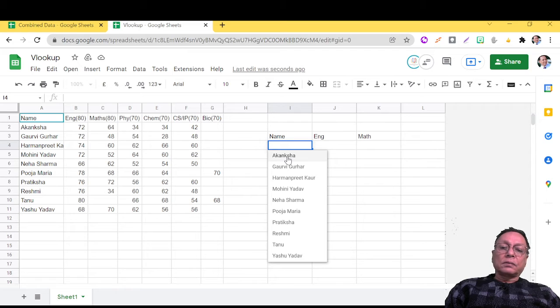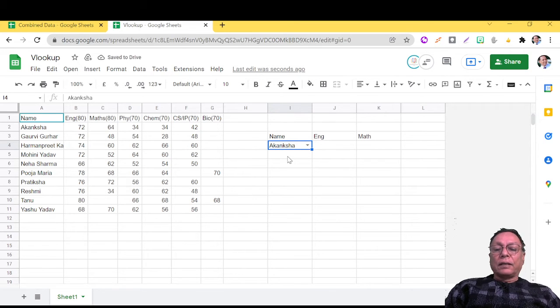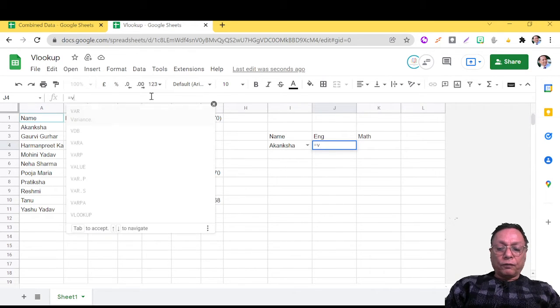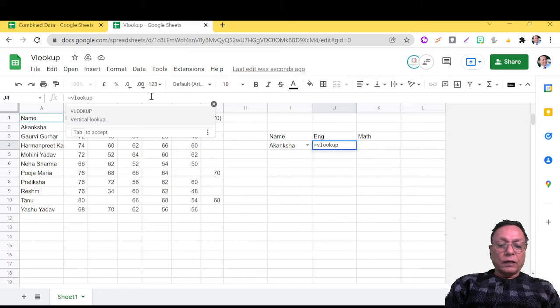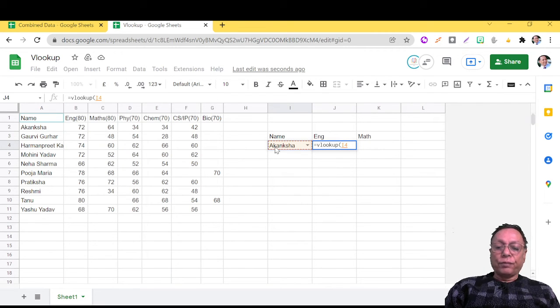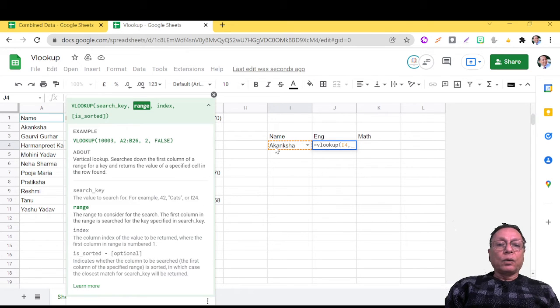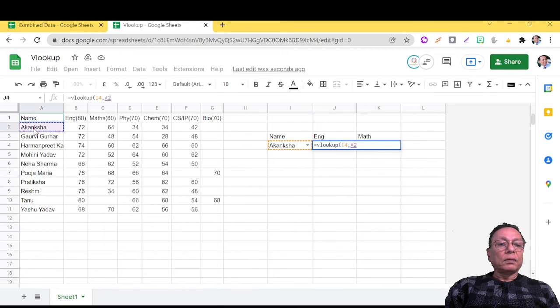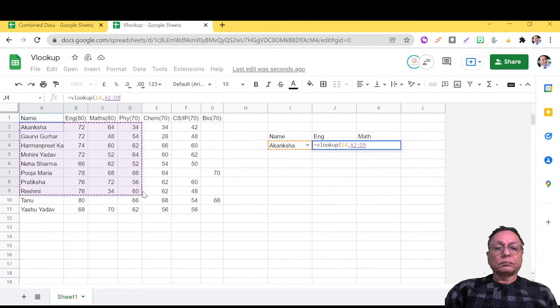So just have a look at this, and I'm going to apply VLOOKUP here in this column. Click it here and apply VLOOKUP, equal VLOOKUP, and for VLOOKUP we need a search key, and search key is what? Search key is simply this key. So I4 is the search key, and what should be the range? The range we have to select from here till here,